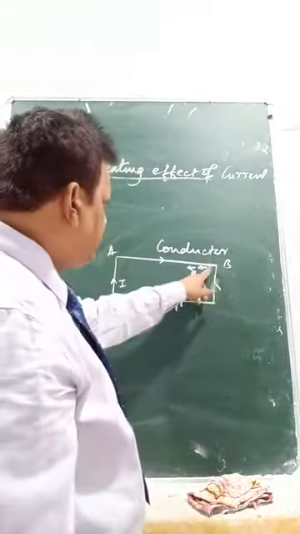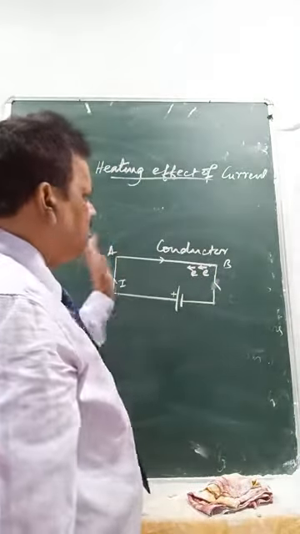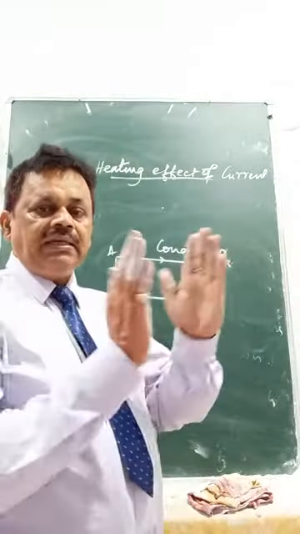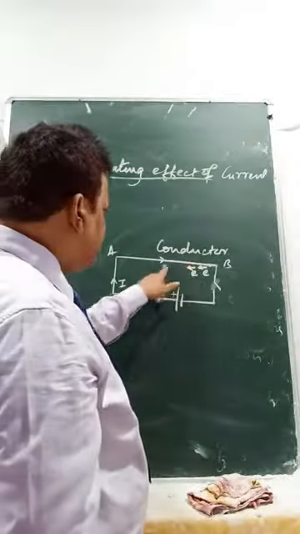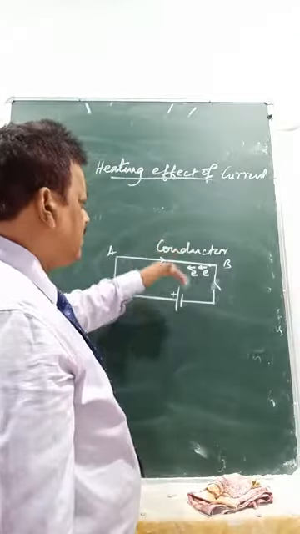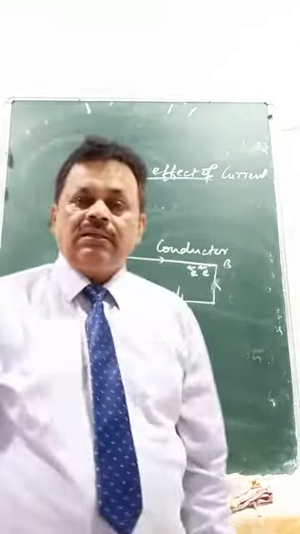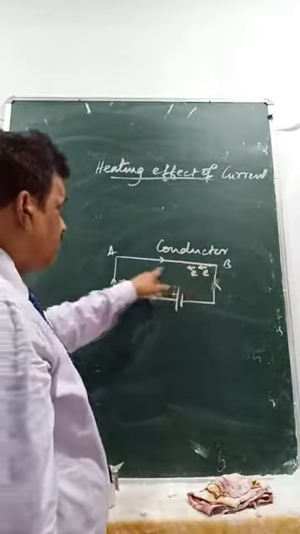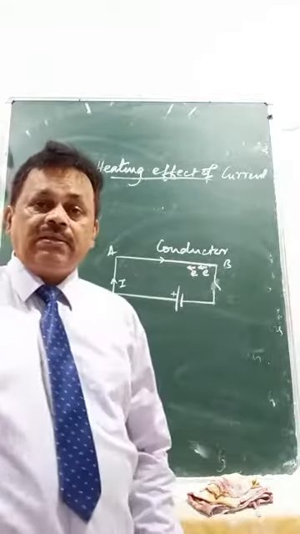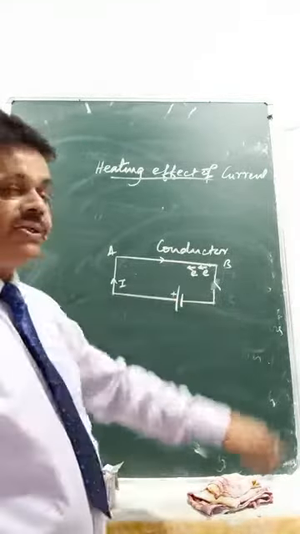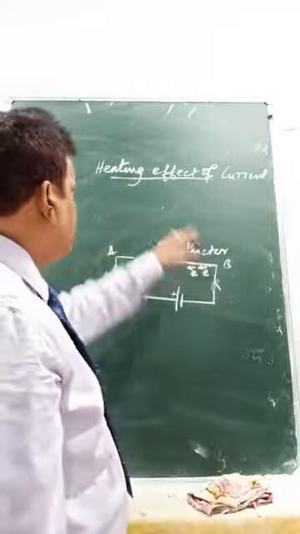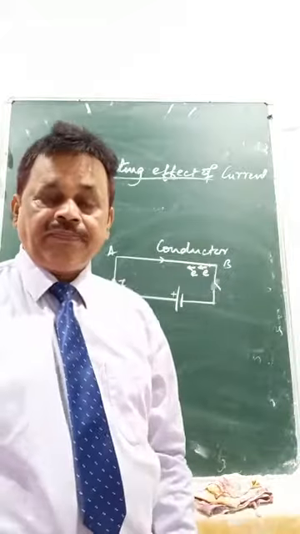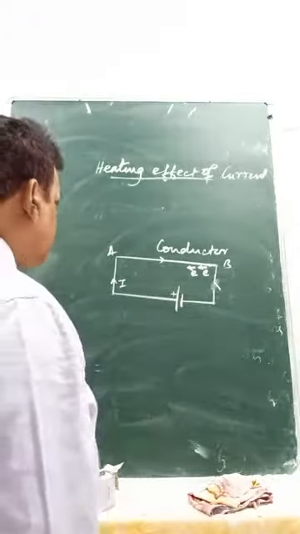So when the electrons move in a conductor, they are opposed by the molecules or atoms of this conductor. So that means there is a resistance. When the resistance is produced here, by hitting the atoms here, heat is produced. When the electrons move here, work is also done. The work done is converted into heat energy. So that is called the heating effect of the current. This is due to the resistance of the conductor. Okay, so you can write it down in short.